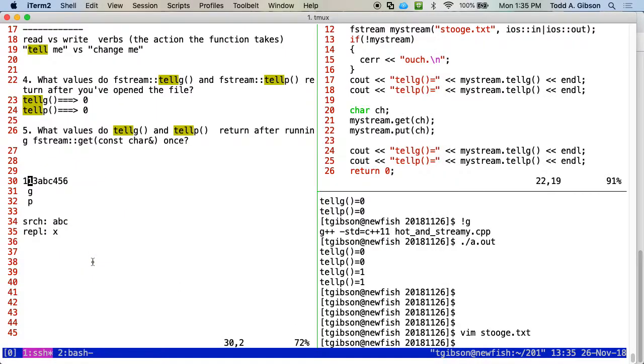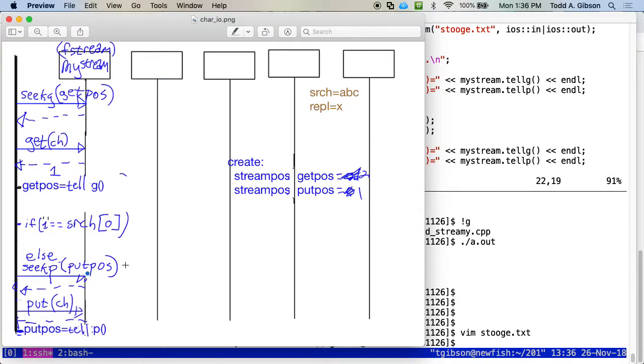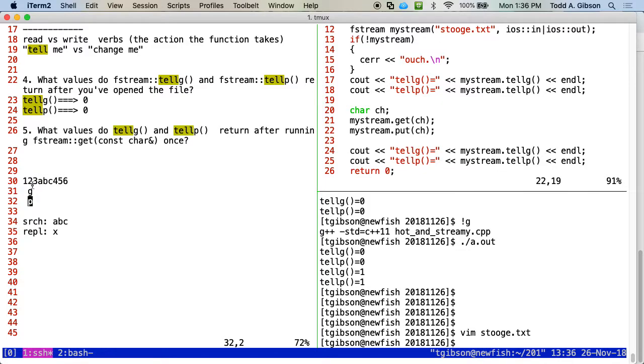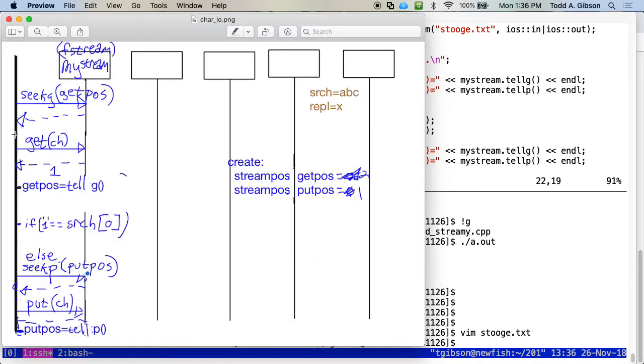Again, these start at 0. So what happens is I do a get. Now I do a seek p to whatever's in this variable. That's going to bring that back to 0. Now when I do the put, the 1 will be in the right place, and then this advances to right here. Okay? To make the whole picture complete, you basically have to take each put and each get, and surround it with the seek statement. So whatever's in the get position, you seek that. That's going to move your one pointer wherever it belongs. You go ahead and do the get, and then you have to update that variable.